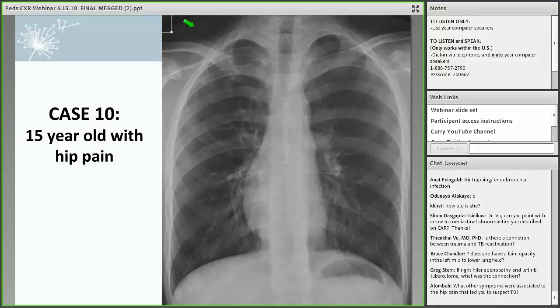And our LA County friends asked us about labs. The white count was 6.1, 59% neutrophils, hemoglobin 11.4. His sed rate was 46, and his CRP was normal. So